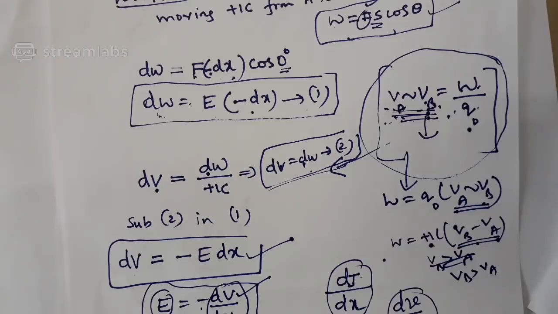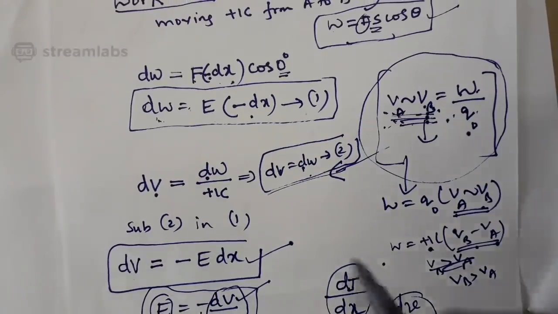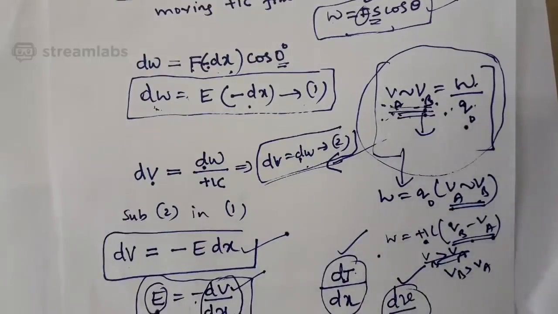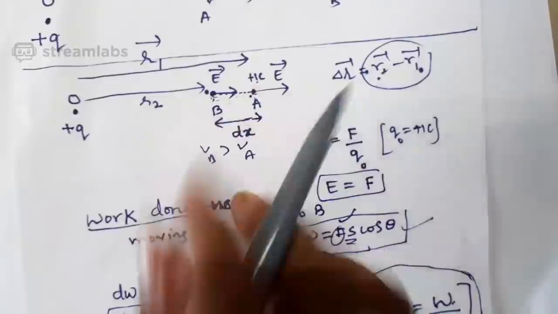After 1 minute, you can refer to the study material regarding this discussion and highlight these points, whatever I said. So here E is the electric field in this region. dV by dx is called the potential gradient, comparable with temperature gradient and velocity gradient. The point to be noted is that dV is the potential difference between those 2 points A and B, where the separation between them is dx.